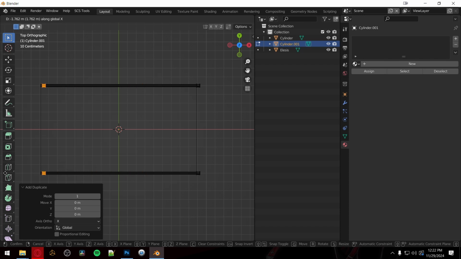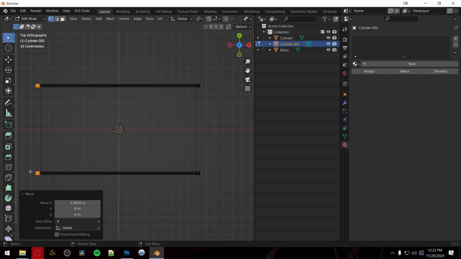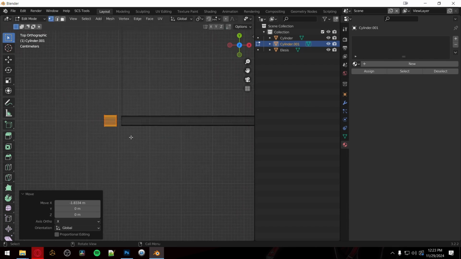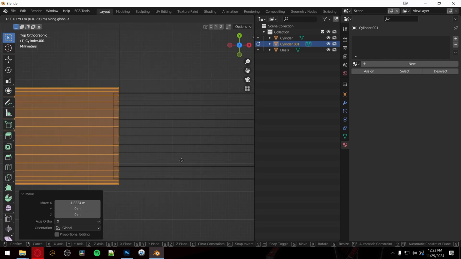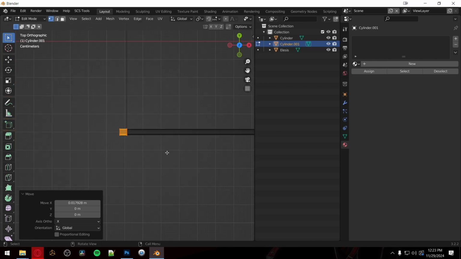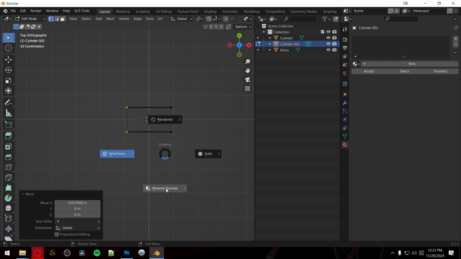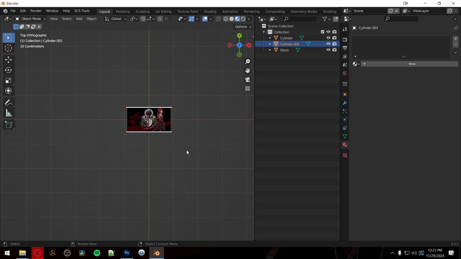Now I've got another set of caps. Guess where I'm putting them? Yep, on the other end. So let's zoom in here. GX and put it right against the fabric. And boom. Now if I hit Z and go into material preview, I'm going to come out of edit mode